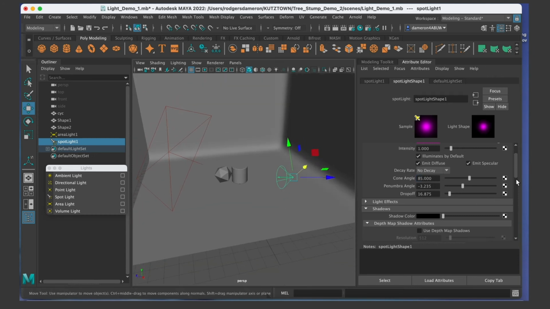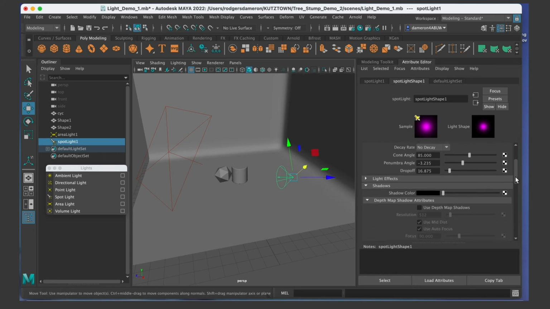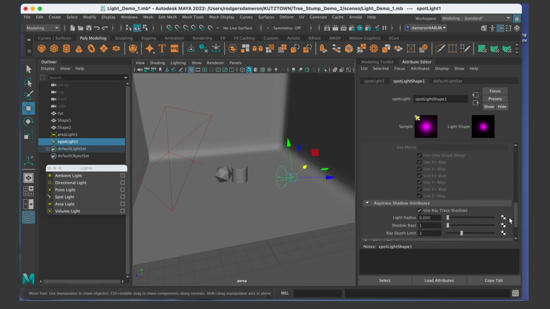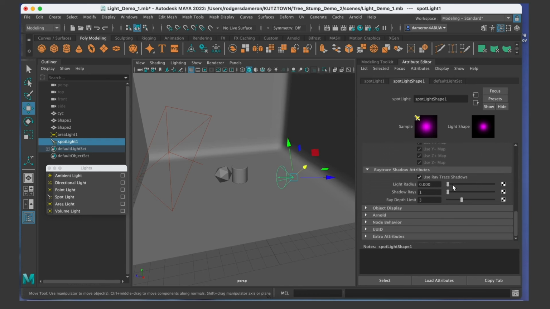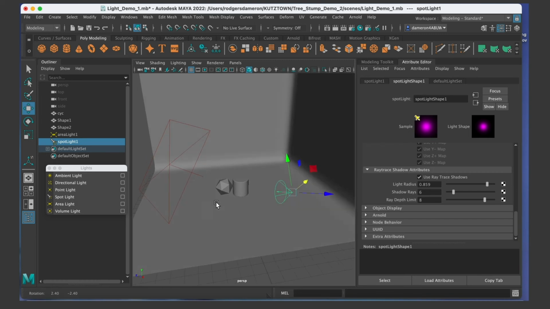And then under shadows, just like we were doing before with all the other lights, we're going to scroll down to ray tracing shadows, and I'm going to boost up the light radius so that it casts soft shadows. But with soft shadows, you have to increase the settings here. So I'm just going to boost up these settings. And whenever I boost up the settings like that, I just save,